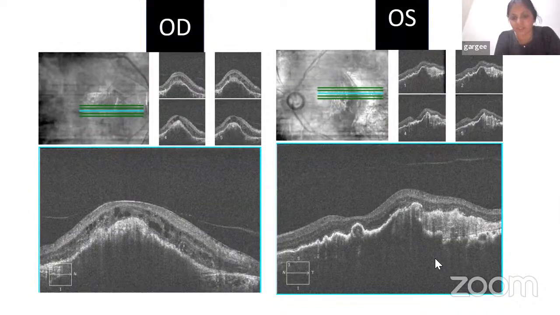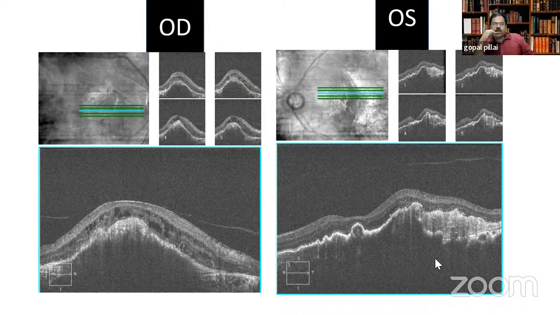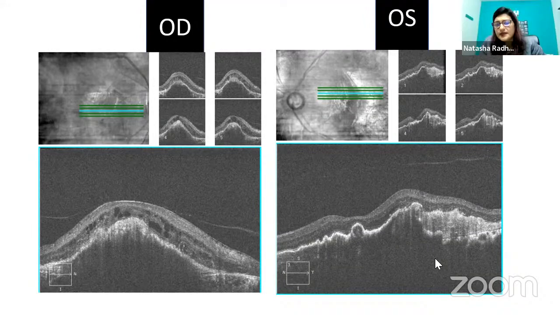So OCT of the left eye, foveal contour looks okay. There is a large hyperreflectivity at the temporal side with clumped RPE. It may be an RPE rip. Based on this particular OCT, I don't think we will be able to say, because the retinal epithelial continuity to the nasal side is still there. We will need multiple sections to make out exactly where the rip is. But you can probably say it as a RPE